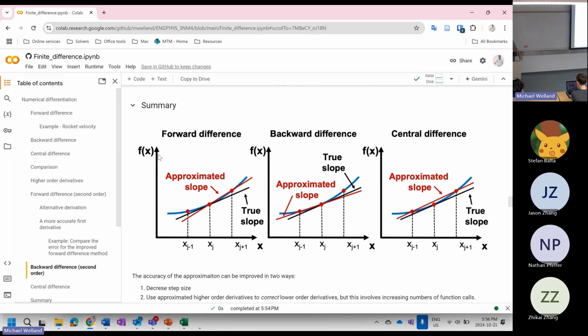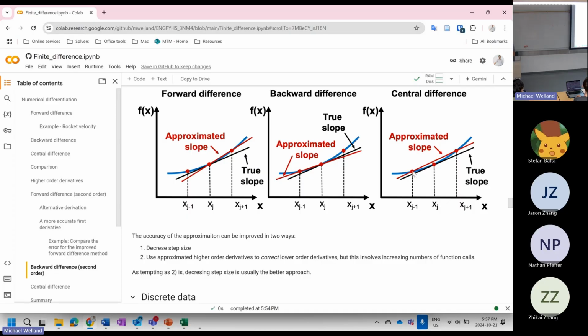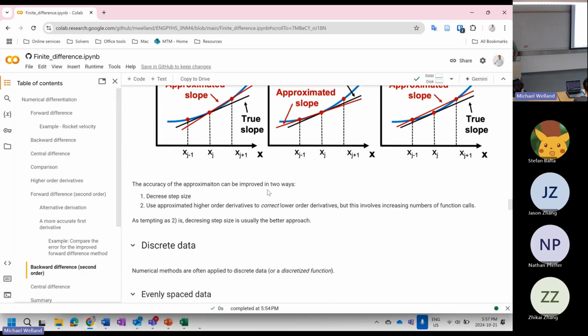Any questions, or maybe I'll summarize this first. So the idea with forward difference is, here's our nice curve. This is the point that we're actually trying to evaluate, xj. That's our true slope. Forward difference looks forward. Backward difference looks backward. Central difference is between, which counterintuitively gives a better answer than any that actually uses that data. We could improve the